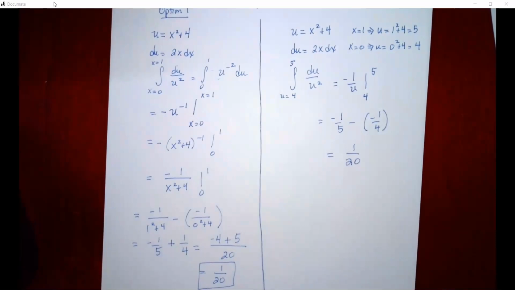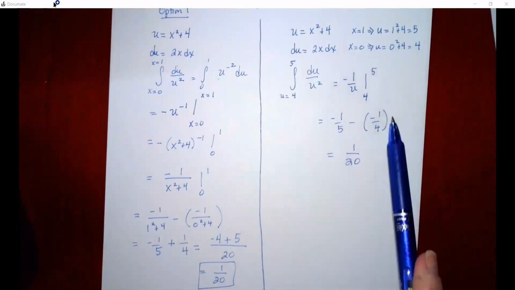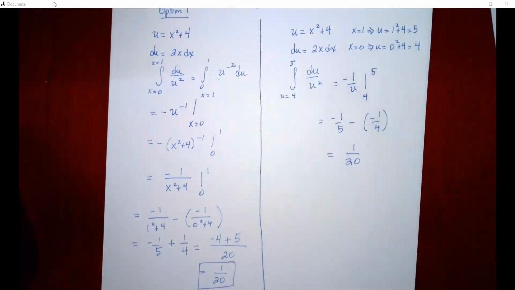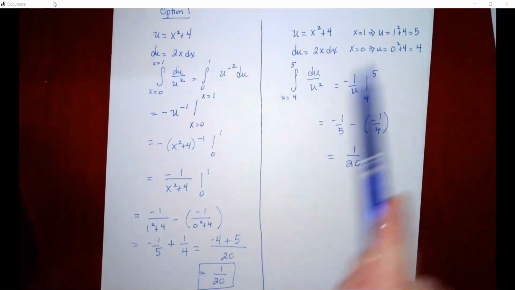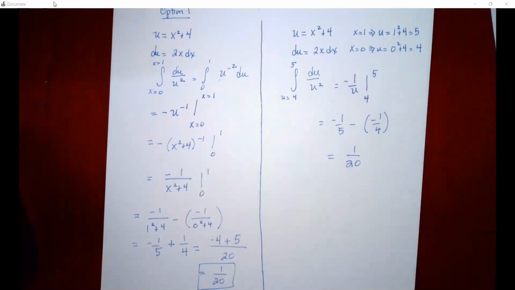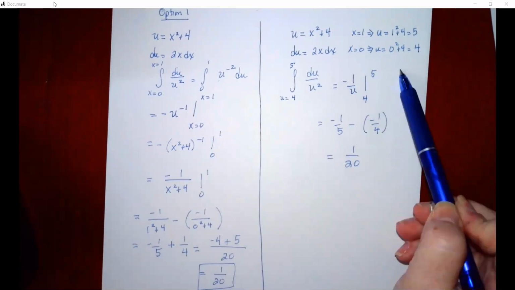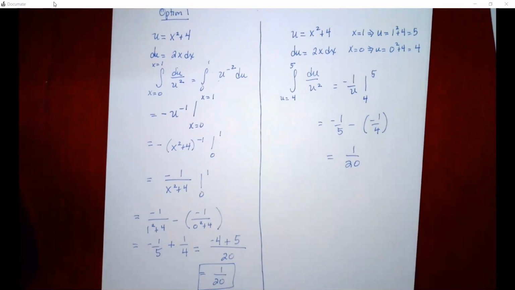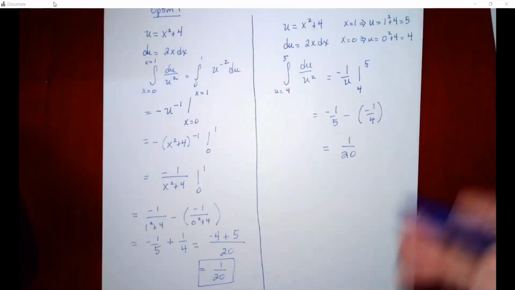You get the same answer. It is simply a matter of when you plug the x's in to u. And it is totally a personal preference. You can do it either way. I know this one looks a little bit shorter, but that's just because we had already done the integration part here. And so, it's really six of one, half a dozen of the other a lot of times, but this one does feel a little bit shorter. Plugging them in earlier rather than later makes it look a little bit neater, I think. But you want to be able to do it either way, or at least